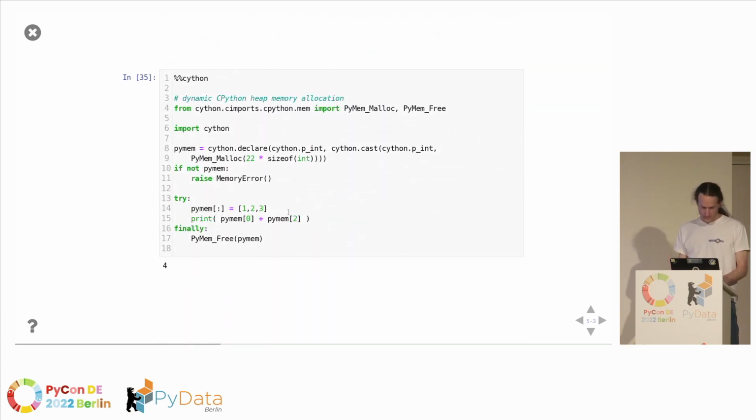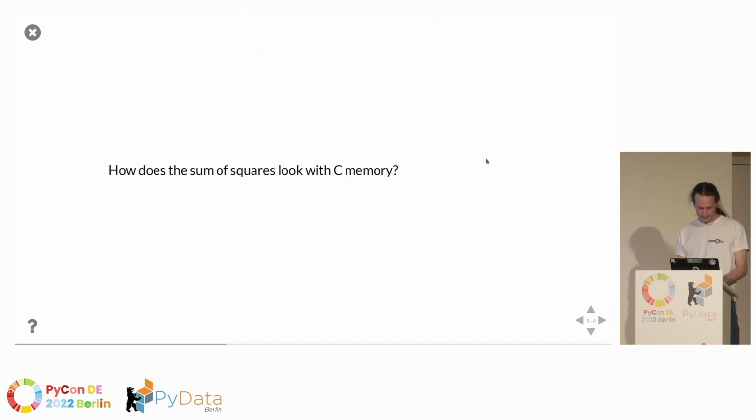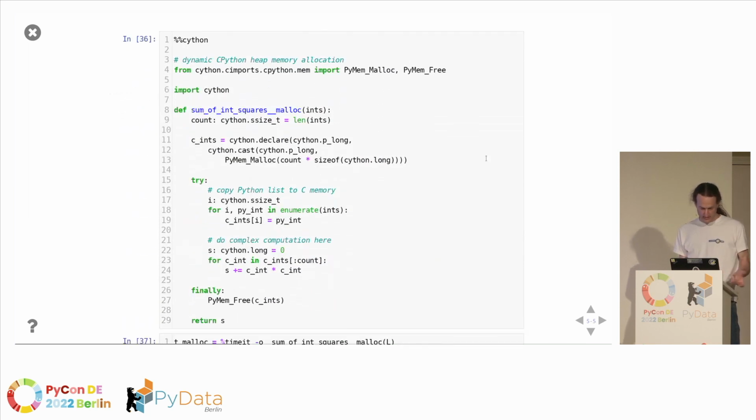Yeah. You can use the CPython heap for that as well. So instead of malloc and free from libc, you can use PyMem_Malloc and PyMem_Free, same thing. And how does that look when you use C memory? Here's the same implementation that copies the data into the C memory array that I allocated, and then does the